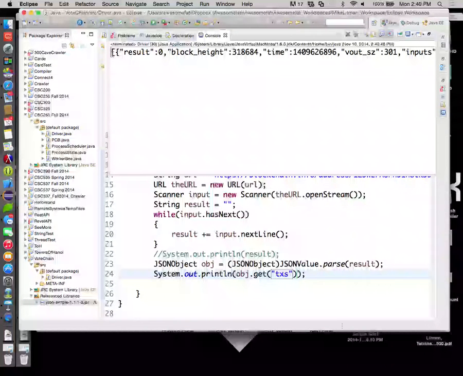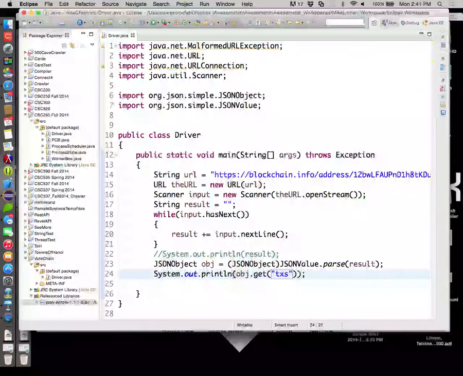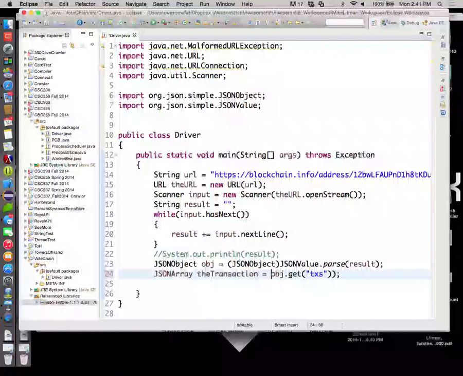Okay, and there's just the values associated with that. Okay, now we know that this guy is an array, correct? Okay, he's an array. So TXS stands for transactions. That's what the shorthand is for. So now we have an array of transactions. So we know we have a JSON array called the transactions. And this guy is going to be equal to